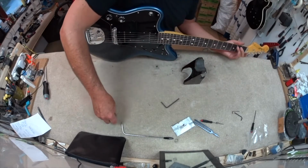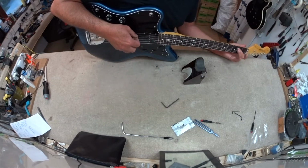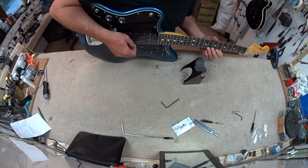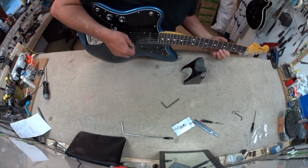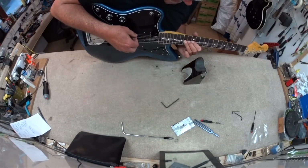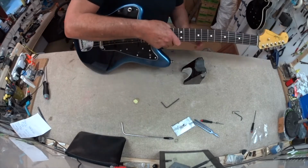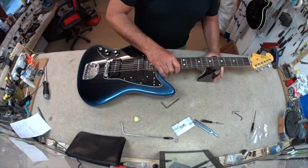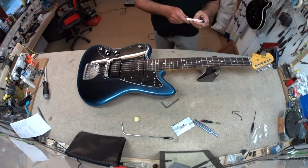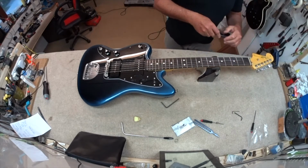Cleans up those notes there. They were a little bit creaky down here. Okay, so not bad. We got very low action, a little tiny bit more relief. We can do a fret level to just cure that fret slap over on that side, which will be not